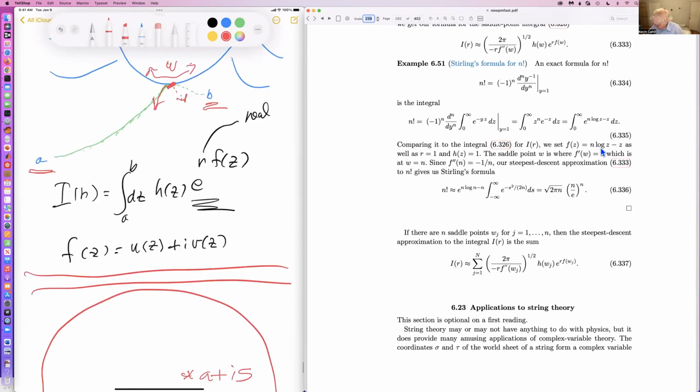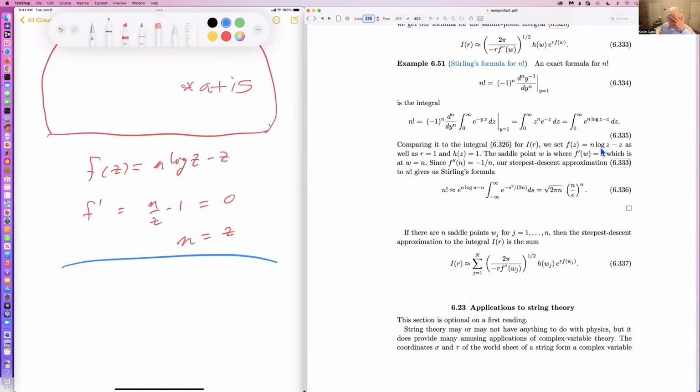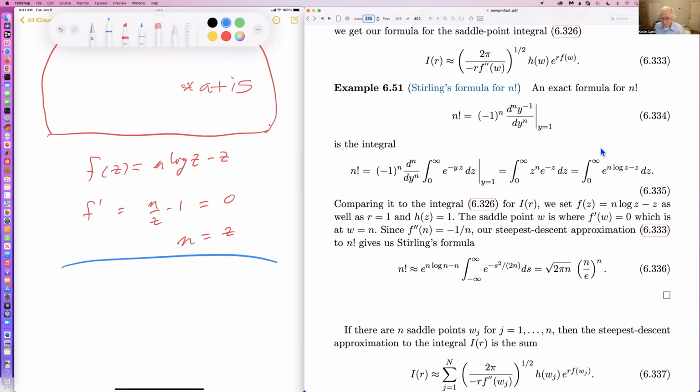You see, when you take f here, let me just do it for you. F of z here is equal to n log z minus z. So f prime is equal to n over z minus 1. That is equal to 0 when n equals z. And that tells us then that